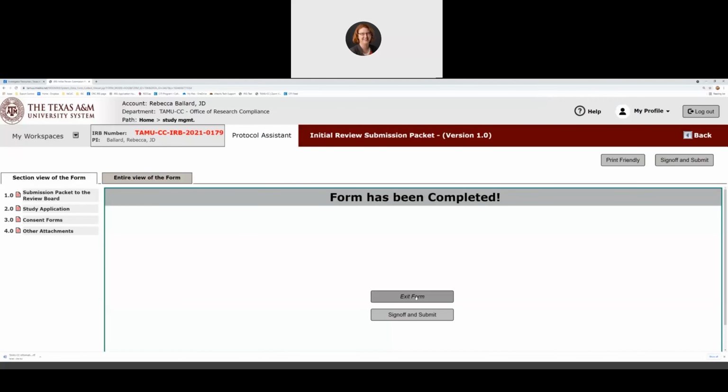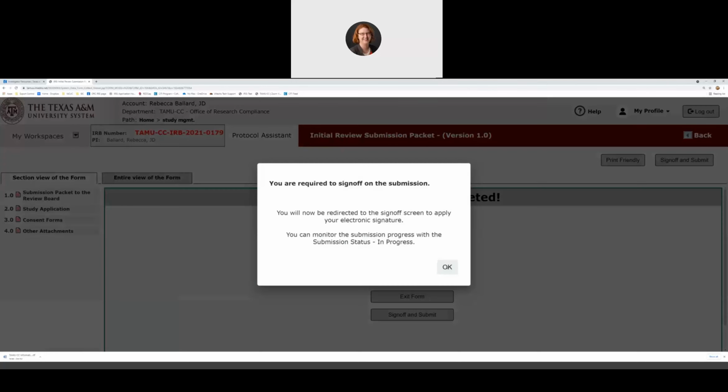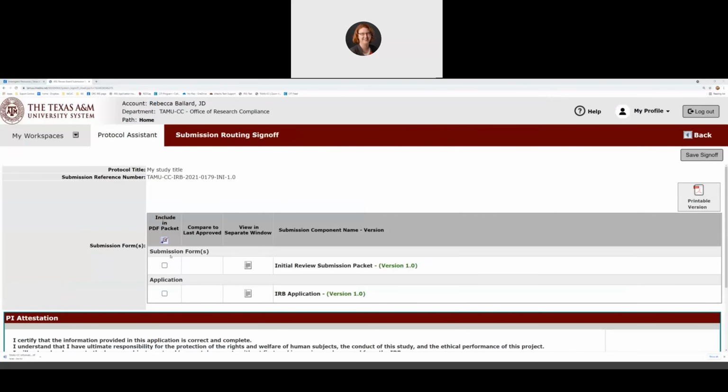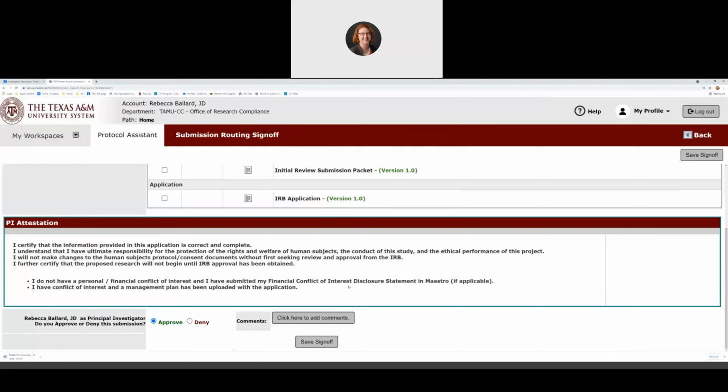Now I sign on as PI, so I can sign off and submit. If you're not the PI, and if you're students, you should not be, you should not see this. It'll have notify PI, and then it'll go into your PI, your faculty mentor's inbox. They will review it and they will hit sign off and submit. When you do sign off and submit, it's a little like this. We'll do it for this one. They click everything and hit approve, and then it will change